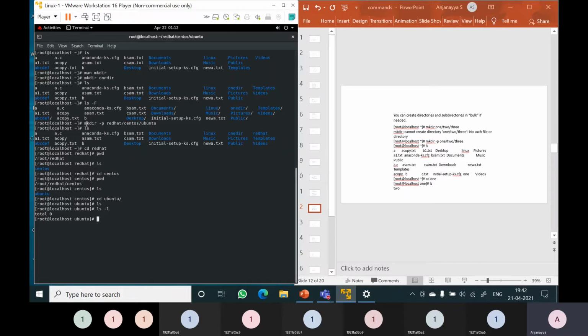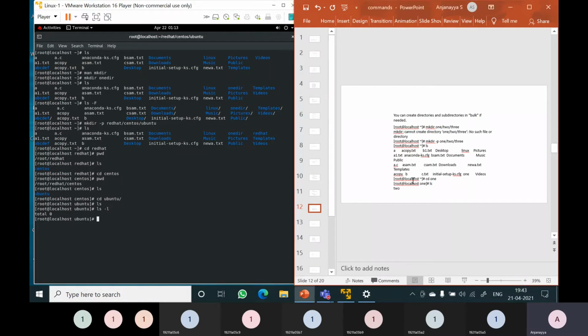So if you want to create more than one directory, we use the -p option. mkdir -p: under Red Hat, the CentOS directory is present. Under CentOS, the Ubuntu directory is present. So by using the -p option, you can create bulk directories.